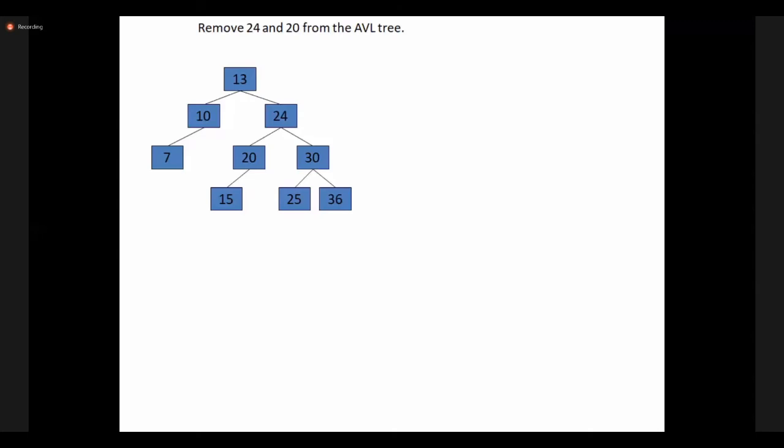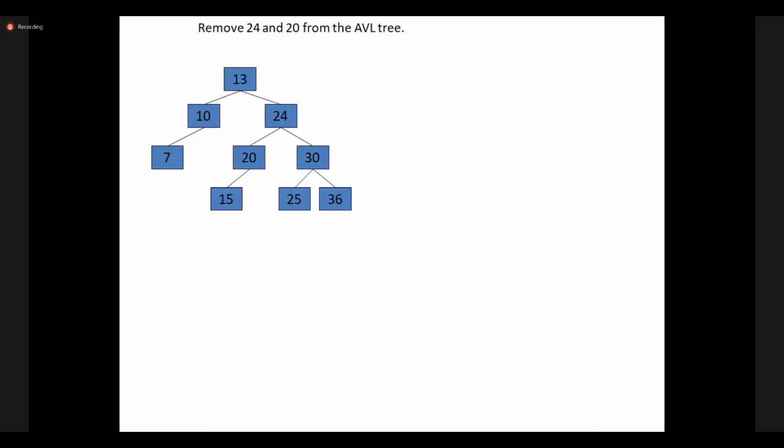Okay. Then what we are doing, first step is if a node to be deleted has more than one child, then either you can pick an element from the left subtree or from the right subtree. That is your choice. Suppose if we are picking an element from the left subtree, we have to take maximum element or minimum element.